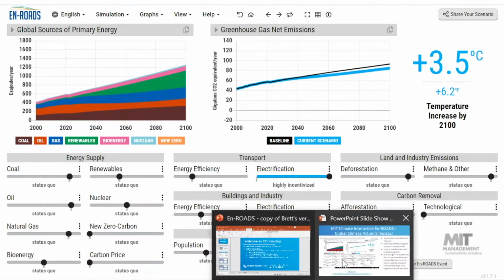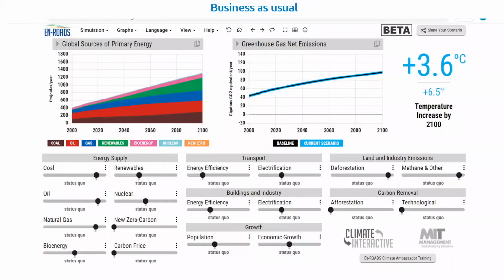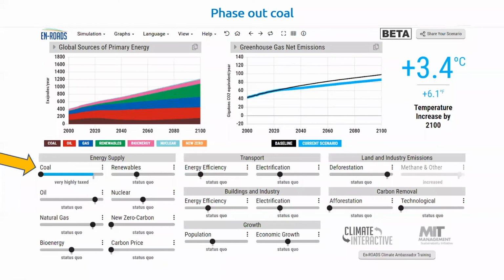Now, what I'm going to do is go back to the PowerPoint. I've taken a series of screenshots that show a variety of different scenarios, and I think it'll just save us time. So right now, all of our levers are at 0, and we can model a variety of different things. So let's go over to the left-hand side and look at energy supply. And let's start by trying to phase out coal to as great an extent as we can, move the lever over to the left. We do see emissions come down, and our average global temperature decreases by 0.2 degrees. Phasing out coal is a really good thing to do for human health. It cleans up the air. It's definitely one step in the right direction.